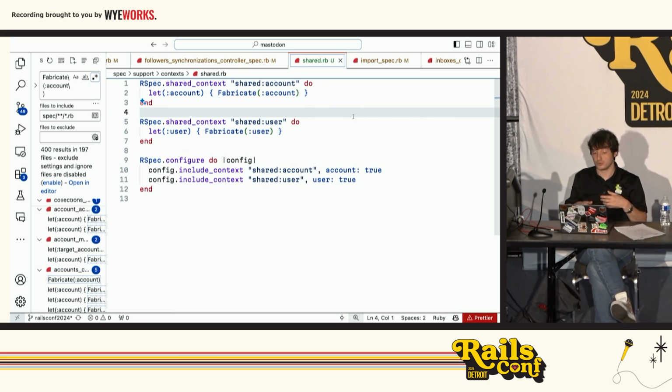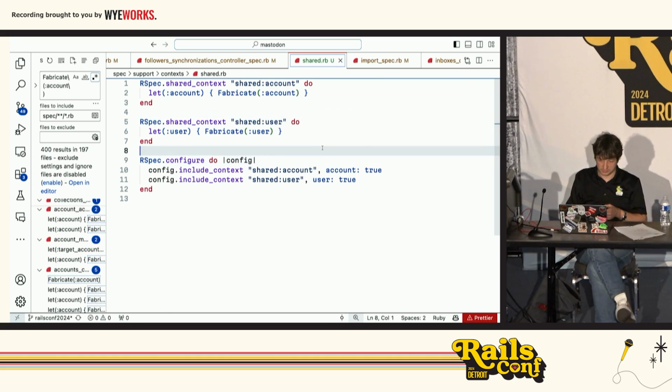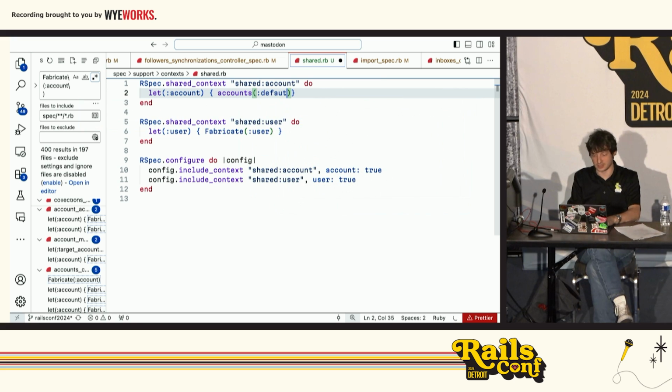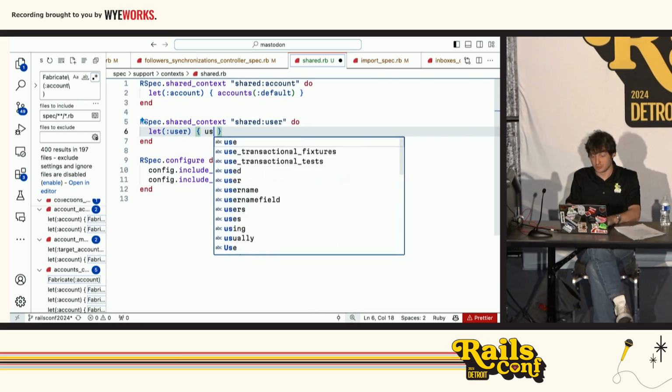And how could we optimize this account and user creation? We didn't have any ideas. Well, one idea is that we can actually add Rails fixtures and call fixtures, like accounts default, right? Something like that. And user default, if we had fixtures. But